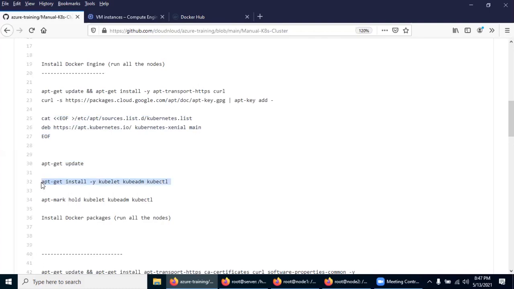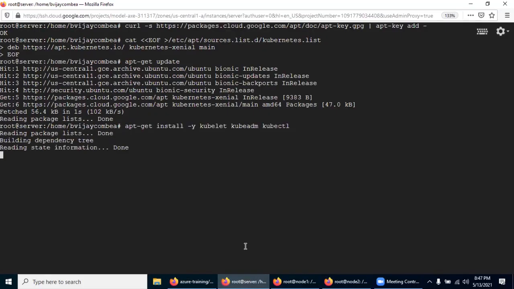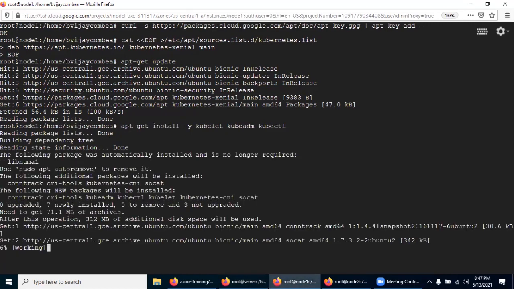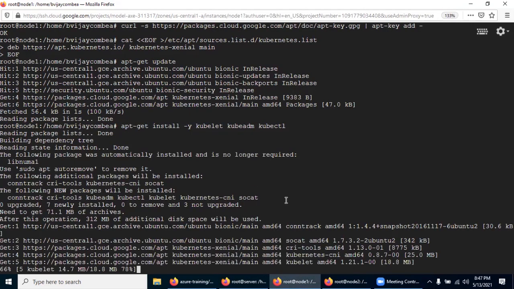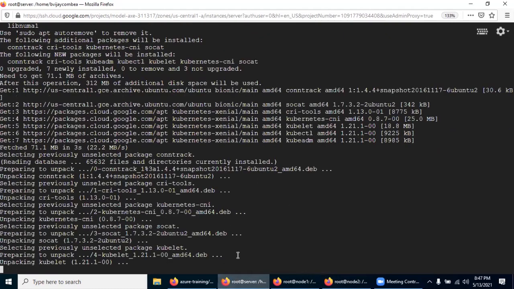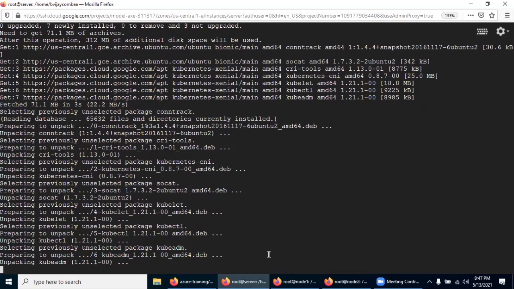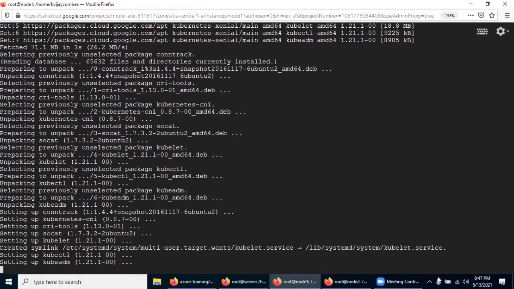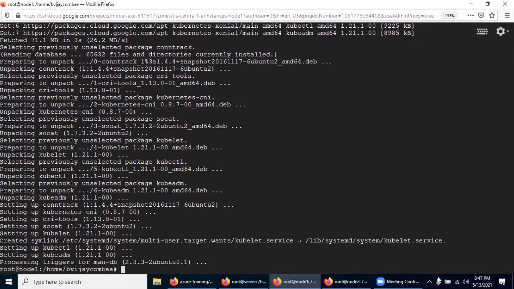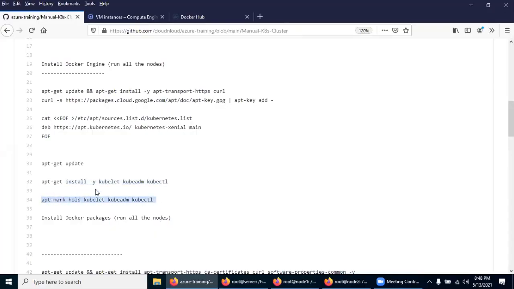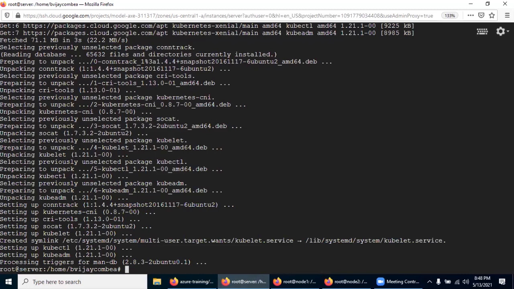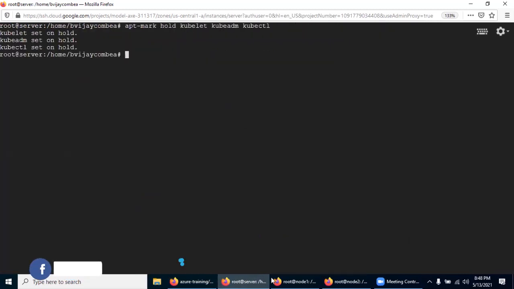Now let's install the kubelet, kubeadm, and kubectl packages. They are getting installed on all 3 machines. Let's mark them as hold, because we are going to make only one machine the master node in this POC.